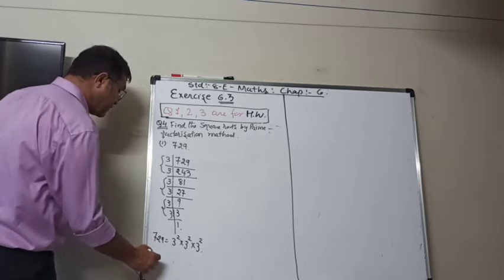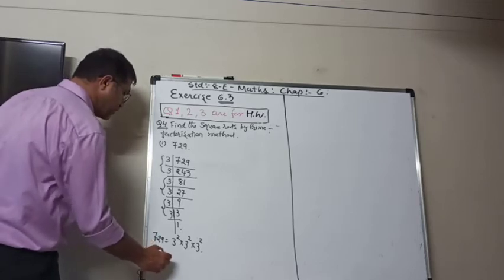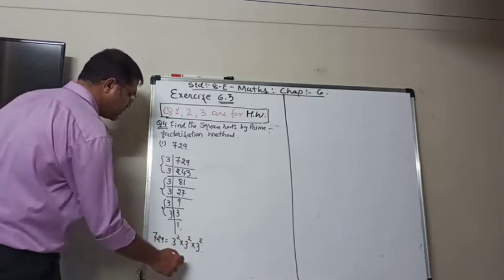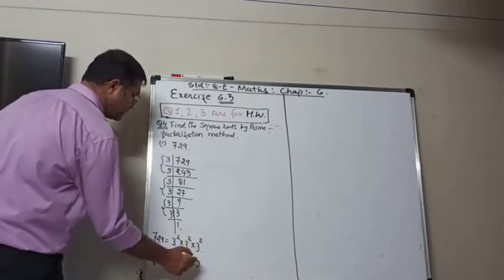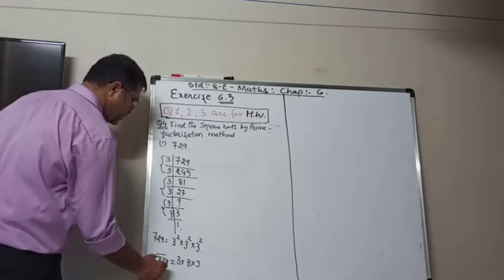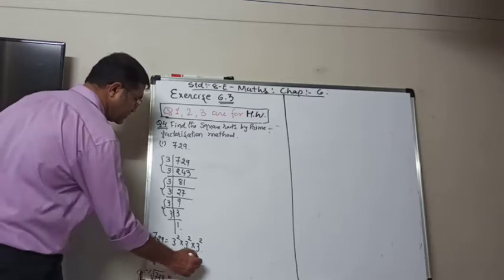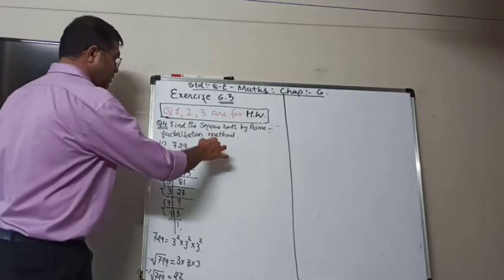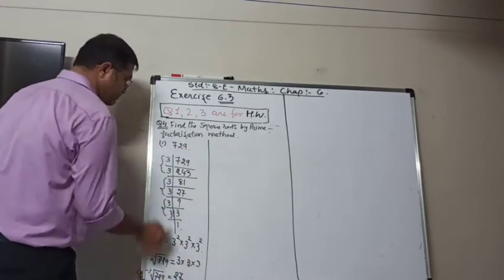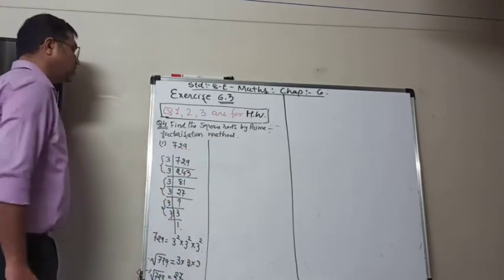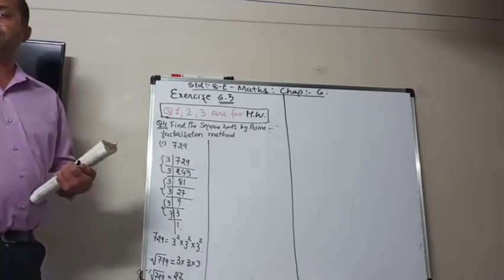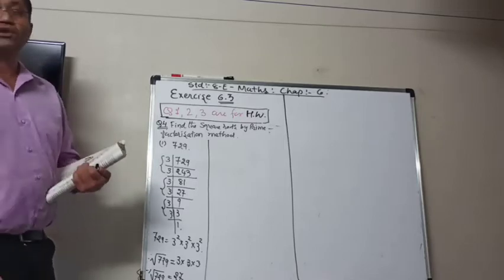So now you can directly write down the answer also, like square root of 729, then the square should be removed, means 3 multiplied by 3 multiplied by 3. Therefore square root of 729 is equal to 3 3s are 9, 9 3s are 27. So you can make the pairs directly also in the prime factorization. So one step will be less, so you can do it very quickly.